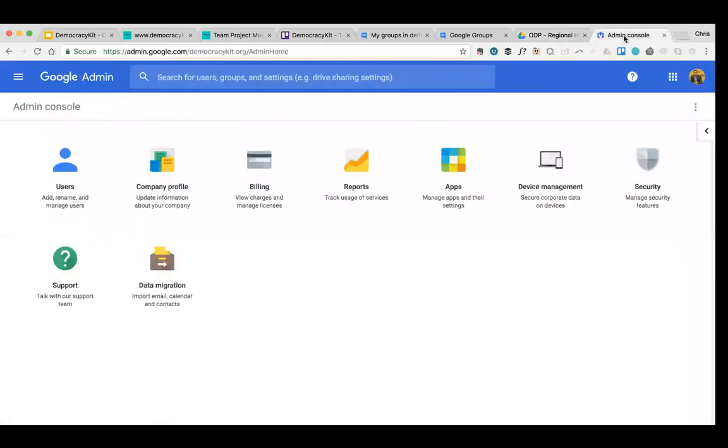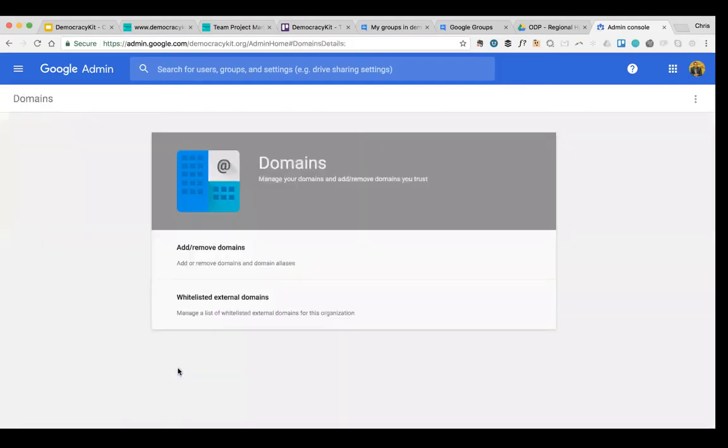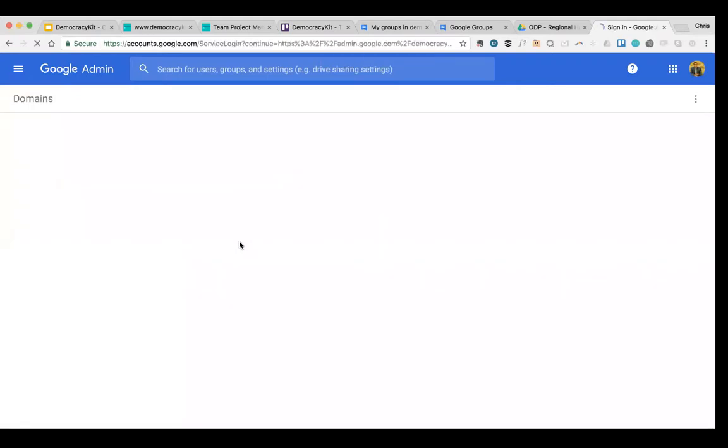So G Suite, as I said, is $50 a year, and you don't need a G Suite account. But if you do get one, you have access to a control panel where you essentially get to manage your domain. So, for example, this is how we've got, say, Chris at DemocracyKit.org. We're using G Suite, so we would have set up in our G Suite account